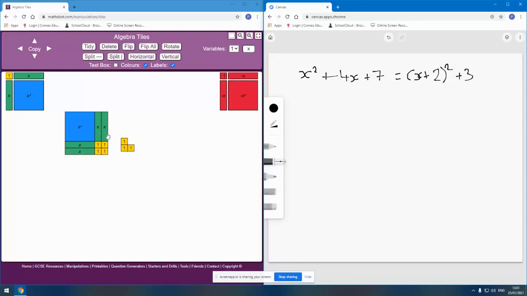And what's particularly nice about this, what I particularly like, is we can start to make sense of why this coefficient of x, in this case 4, is always going to be halved. Because in order to actually build a complete square, you're going to have half of them vertically attached to the sides of the square, either both on the same side or maybe one on one side, one on the other. And you're going to have half your x's horizontally attached to the base, or to either horizontal side of the square. And so we can start to see why that coefficient of x is always going to be halved. And then I might move on to something involving